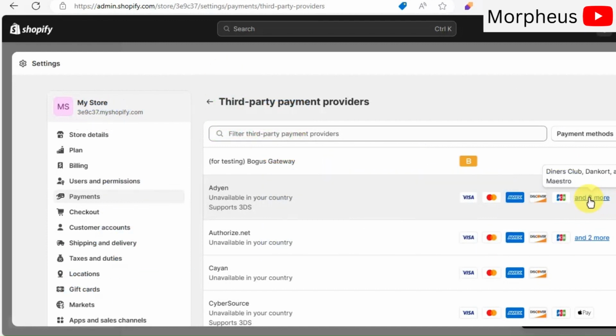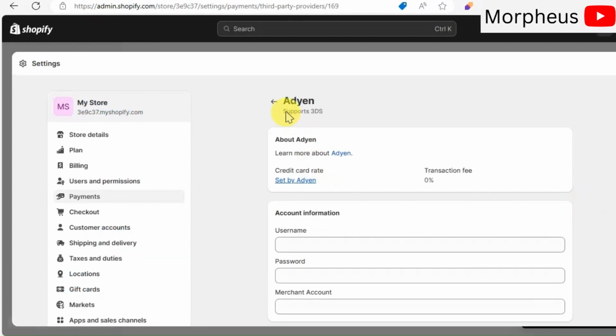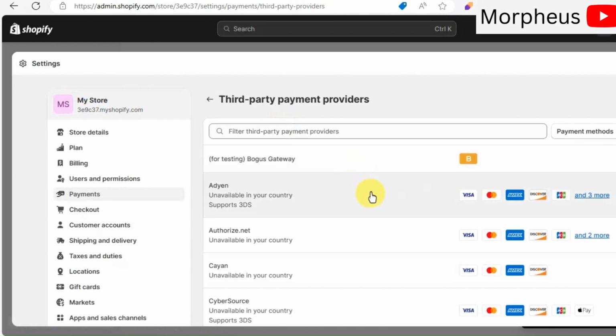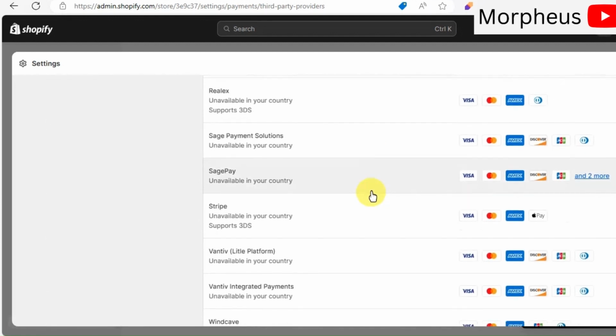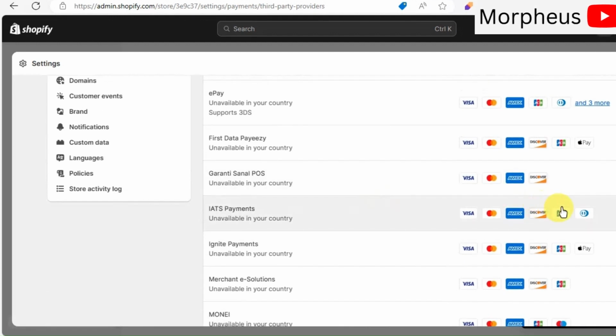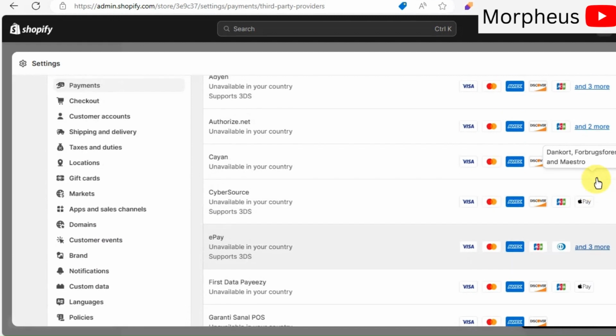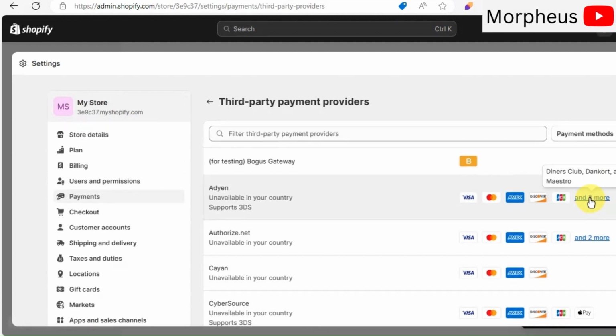And if you're based somewhere else, then there are many other payment providers out there. These will help you gain more trust with your customers and make them more comfortable to buy from you and to complete their purchase. And the more payment methods you add to your store, the more your customers will be able to buy from you.